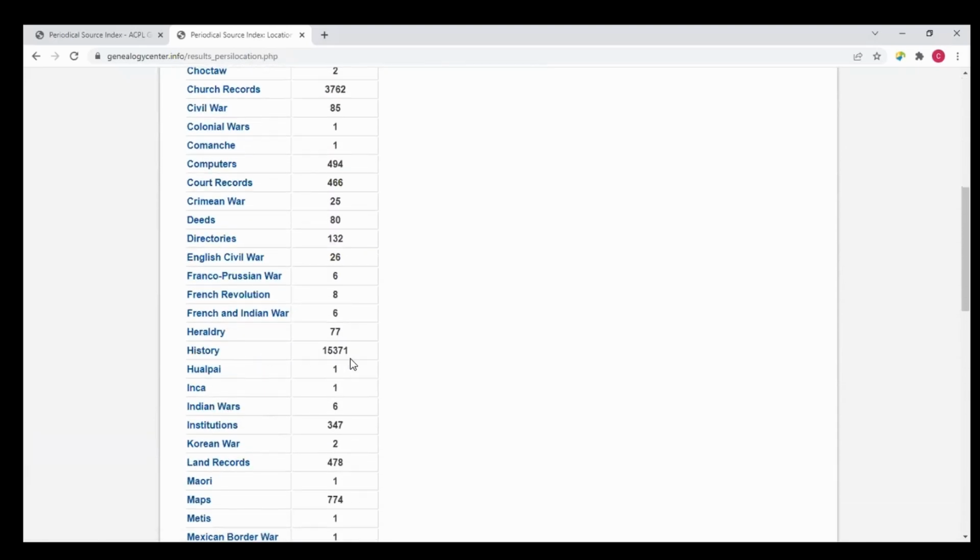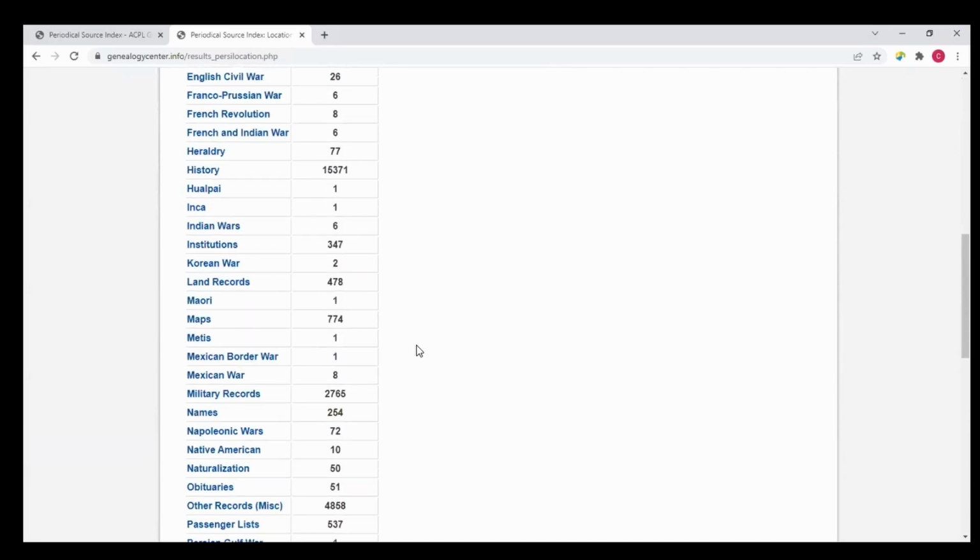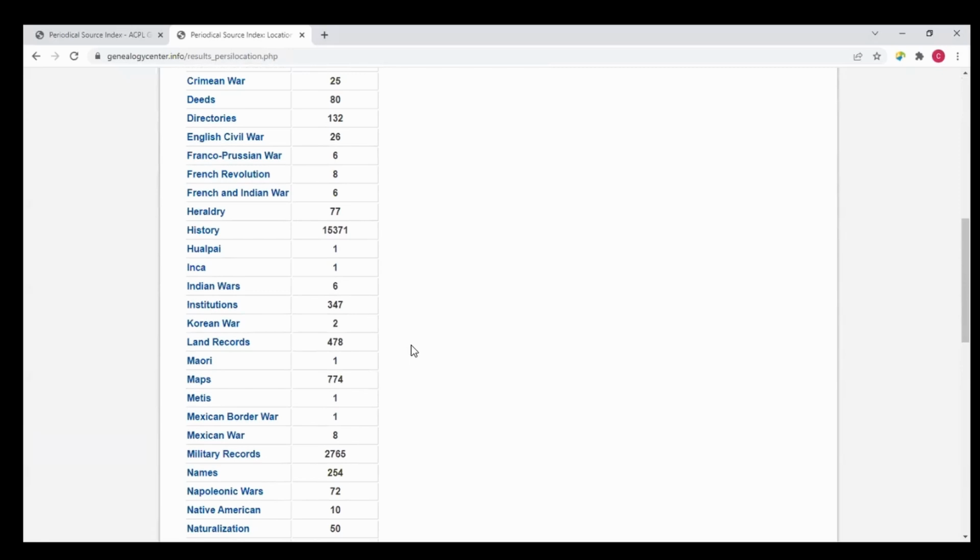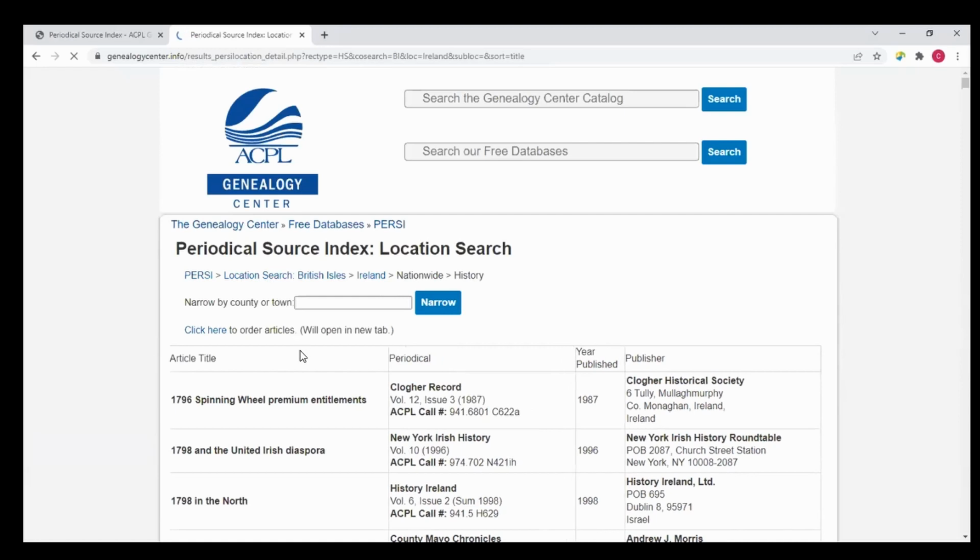There are 15,000 articles on the history of Ireland that have been indexed in PERSI. You saw how fast that search result came back, 15,000 articles. How do you digest, look at, survey 15,000 articles? Well, let's take a look. So we've clicked on that. Notice our page wiggles a little bit as it's trying to bring up all